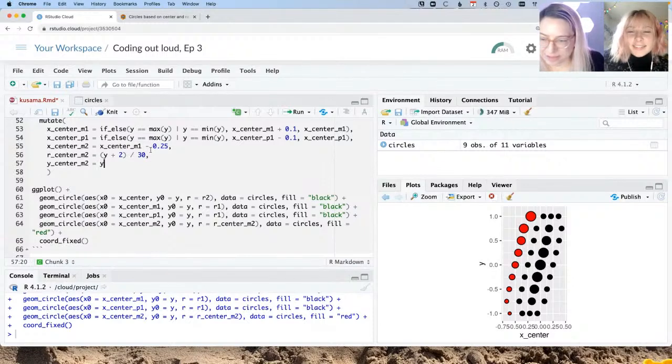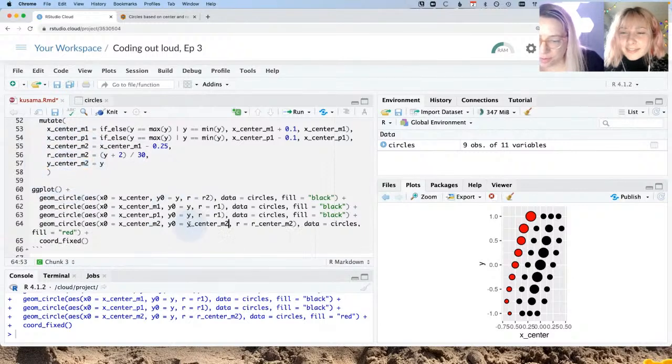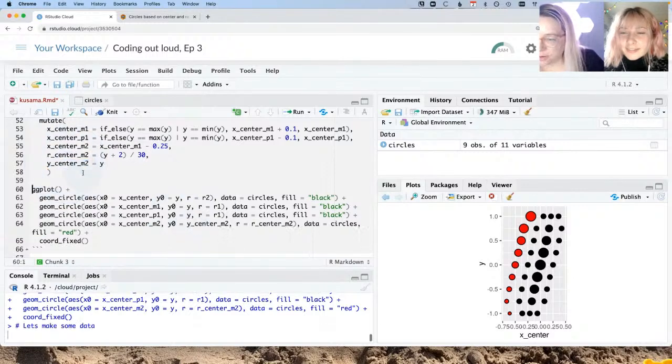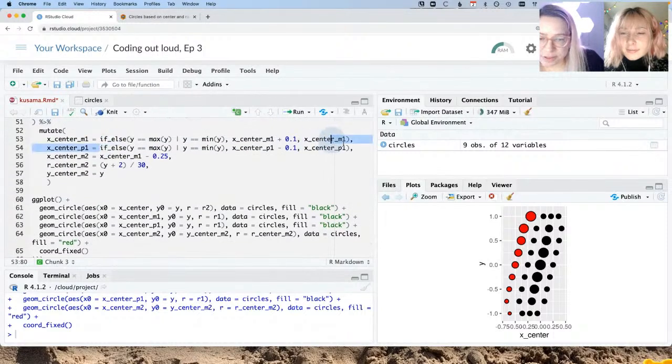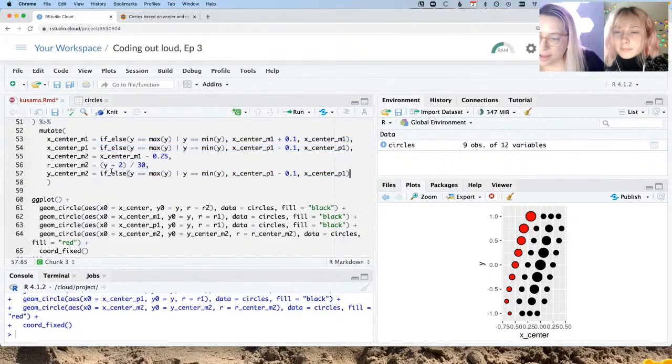So I'm going to leave this as y first so that I get my code working with the plotting. And then we can add this if else statement, that if y is equal to the minimum of y,